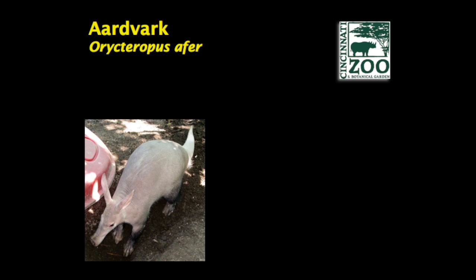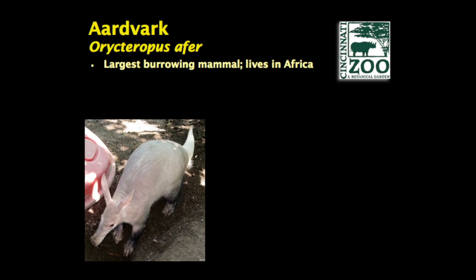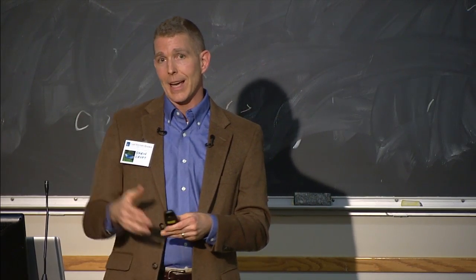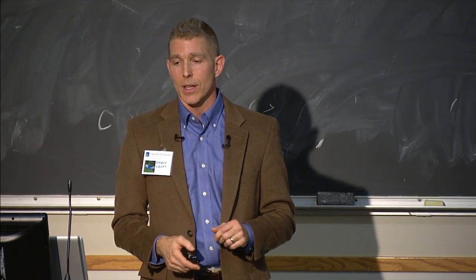Last but certainly not least, the aardvark, which is ironic because, of course, it's always first in your list of animals. Yes, because it's before the aardwolf. It's the largest burrowing mammal in the world, which is its claim to fame, and it lives in Africa. And it's important ecologically because even though it digs all these burrows, it doesn't live in them all the time, and other animals will invade them later on. And so they're important keystone species for that ecosystem.